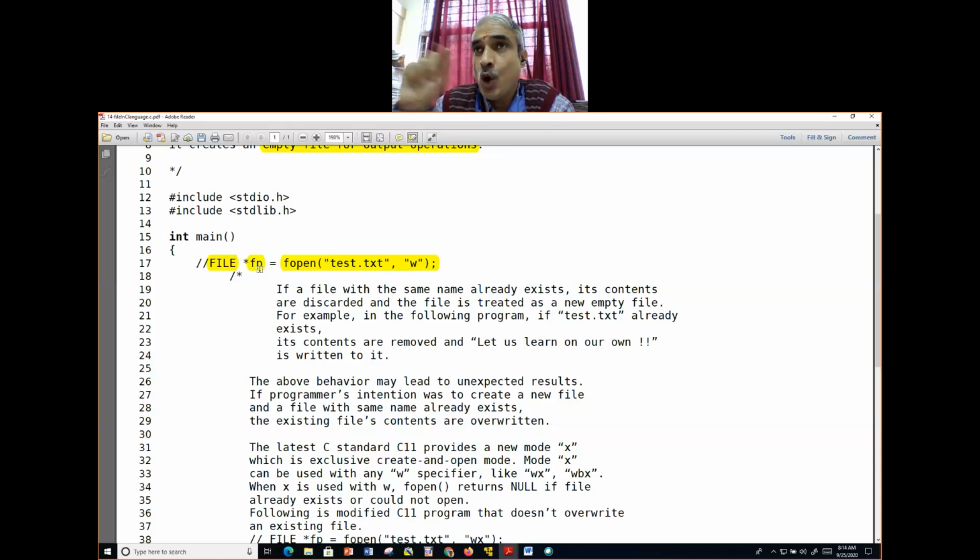Or it could be home, personal expenses, hotel expenses, tour, something like that you name. When you say tour, there is a particular file, you pick it and do certain read-write operations. Similarly, FP is a file descriptor. It is the name of the file, a short file descriptor which will be referring to test.txt.